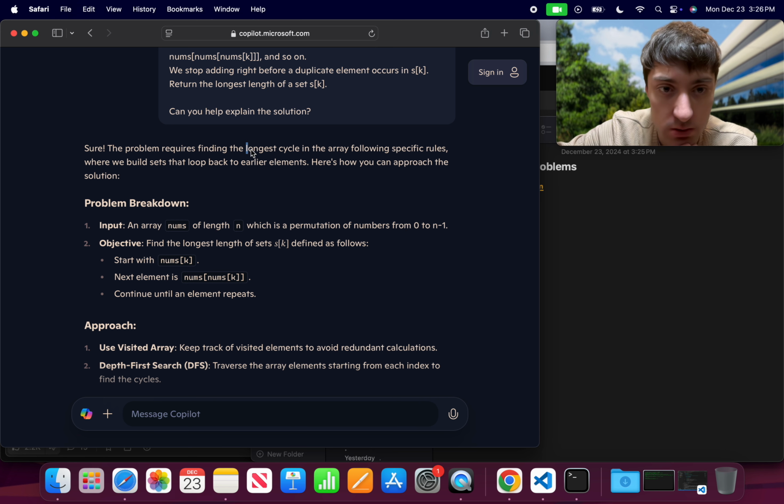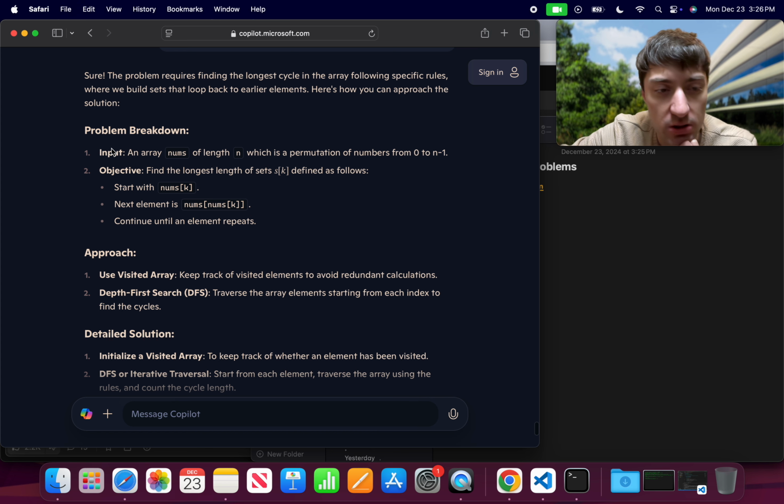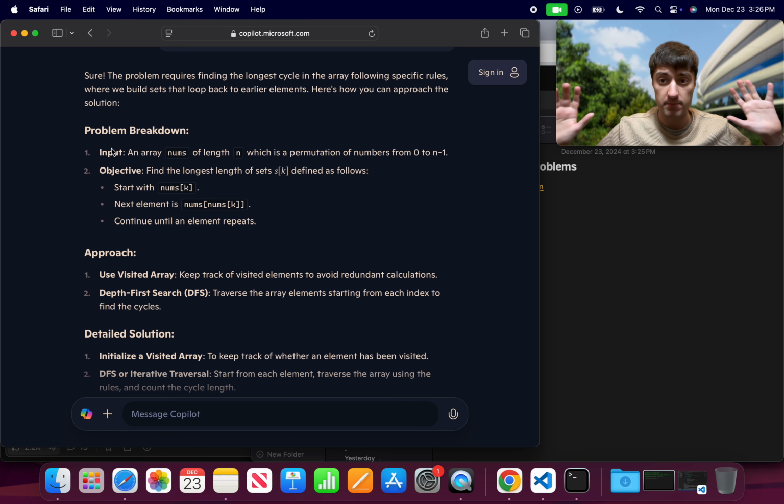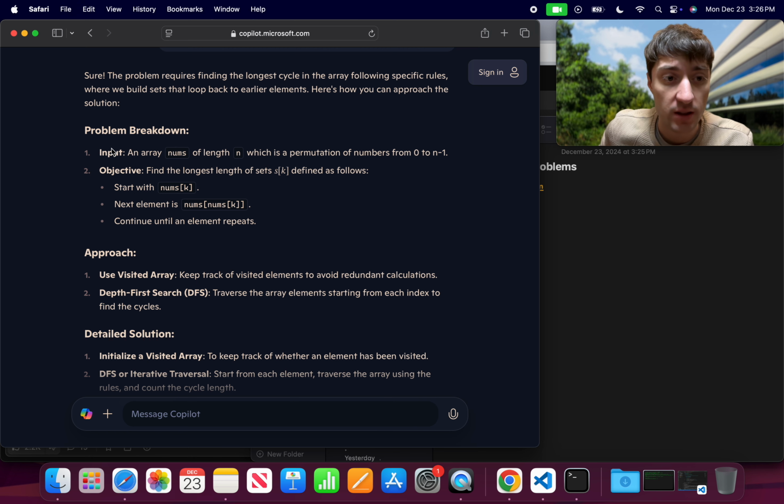Longest cycle in the array following specific rules, where we build sets that loop back to earlier elements. Here's how you can approach the solution. Okay, so as of right now, I feel pretty lost. I don't quite understand. Anyways,